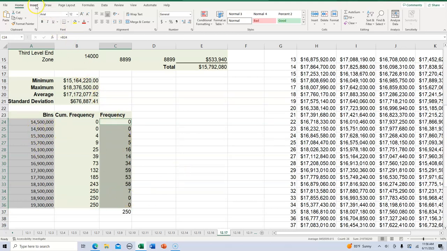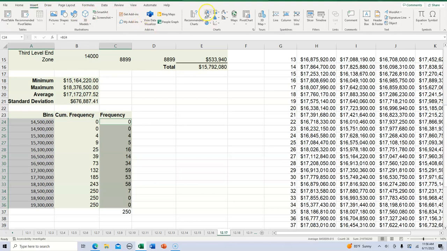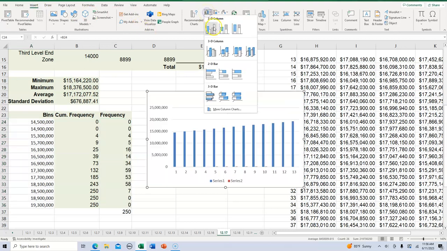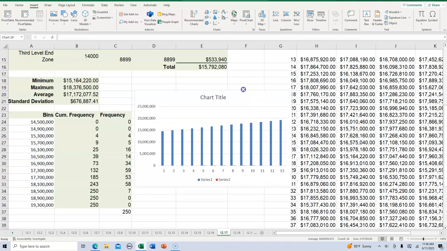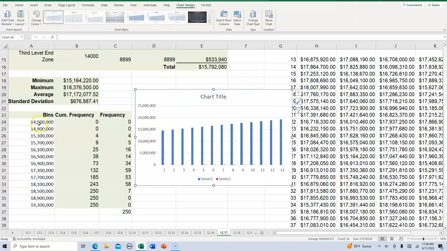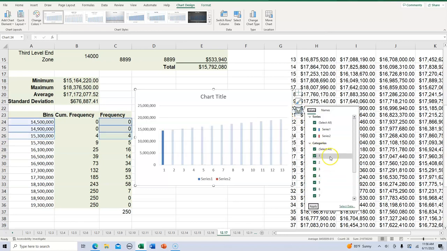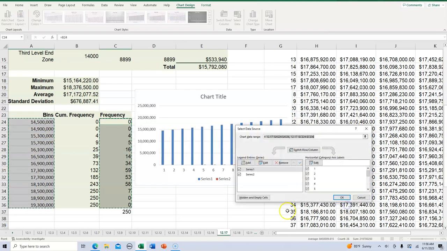So very quickly here, insert, go up here and get a bar chart. And notice this is not what we're looking for. Again, what we're looking for are the bins and the frequency. So we'll make one minor change here, select data. Effectively, series 1 is the bins, series 2 is the frequency. So what we're going to get excited about here is what's on the horizontal axis, which is going to be